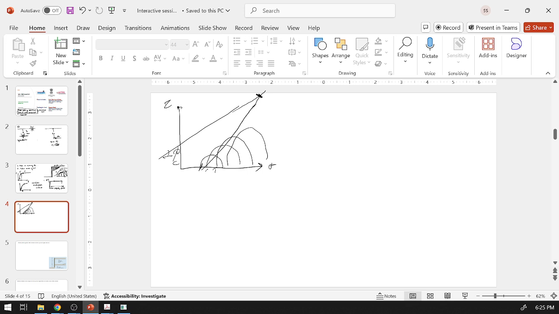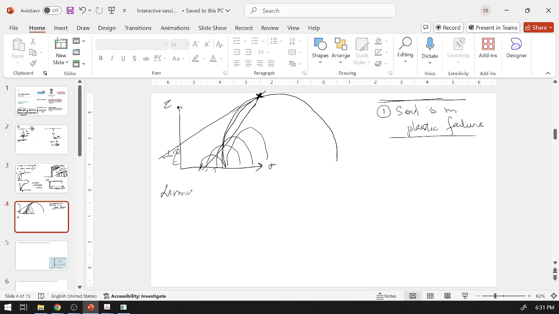This is phi and this is c. As soon as your stress reaches here, you can say that your soil has failed. So in earth retaining structures, what we assume firstly is that soil is in plastic failure. Obviously, not the soil which has not failed, but any failure in the earth behind an earth retaining structure is plastic failure. So basically, there are these theories of limit analysis